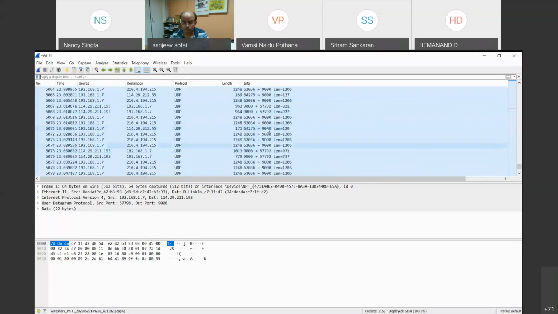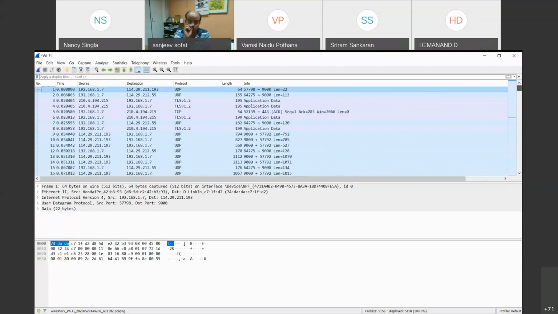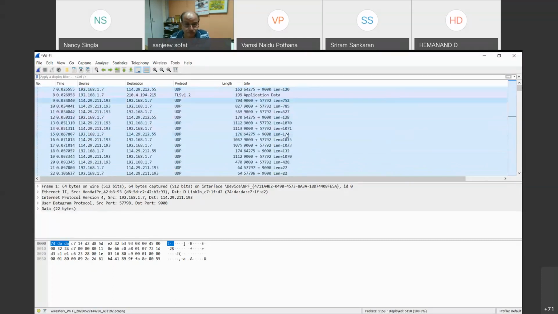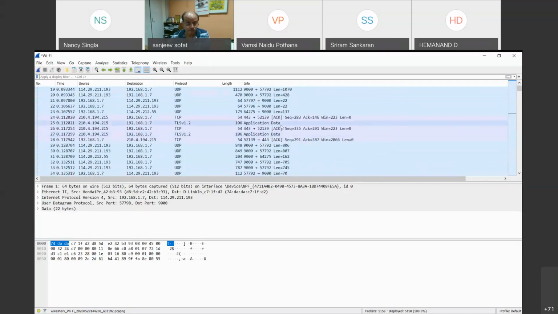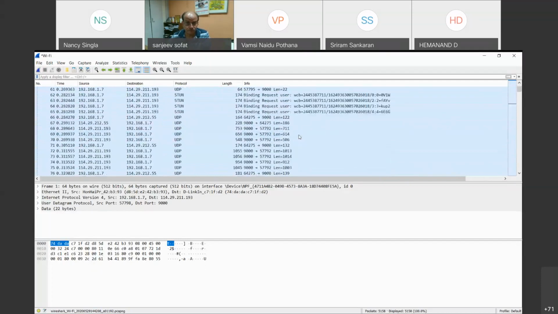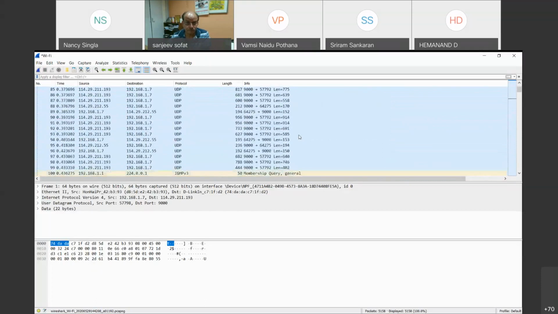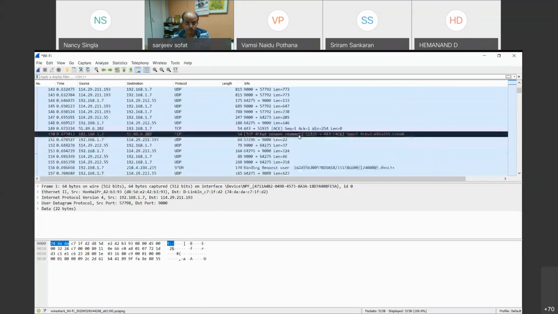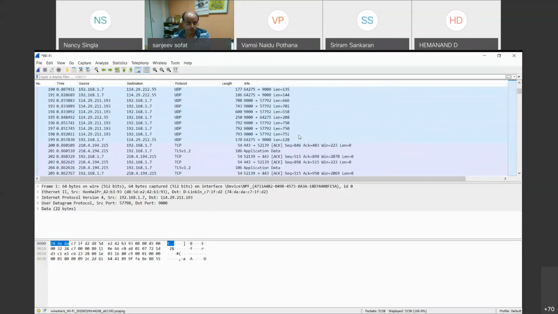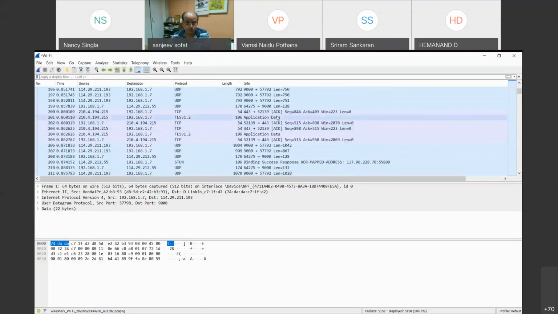Now I'll try to find the packets for my current session. We'll try to figure out these packets where my session is being created.